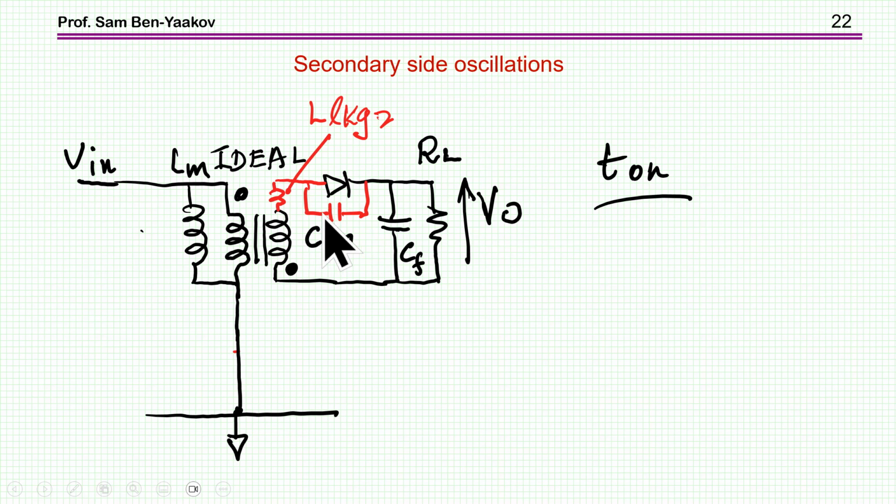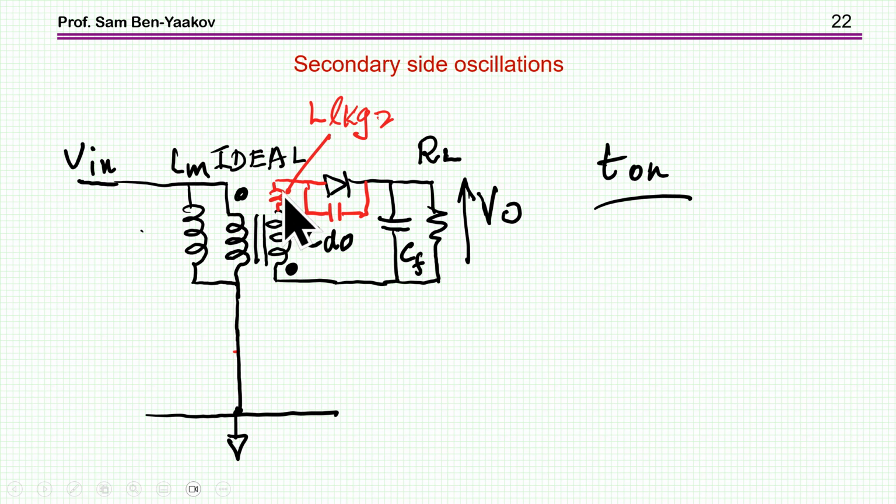We have the capacitance of the diode. We have a voltage here imposed on this part because this is also a transformer. And we have the leakage of the secondary, which, because it is a step-down element, is smaller than the one at the primary. And we have a capacitance which is relatively small, just the diode. So therefore, the frequency of oscillation is very high. Now, I'm not going into the actual calculation of the numbers in this case. I just add that